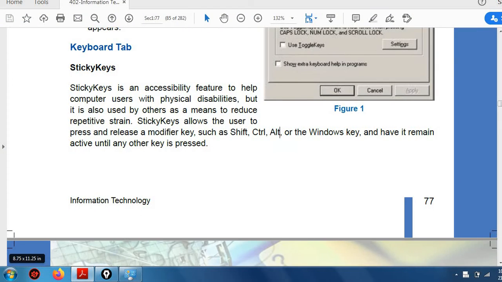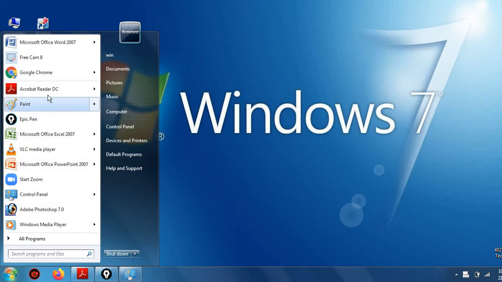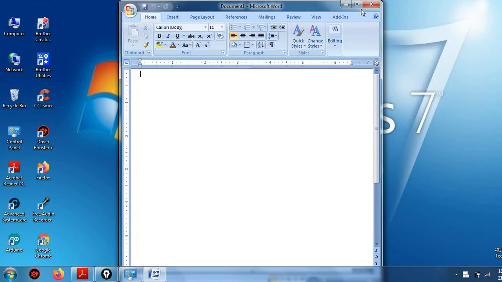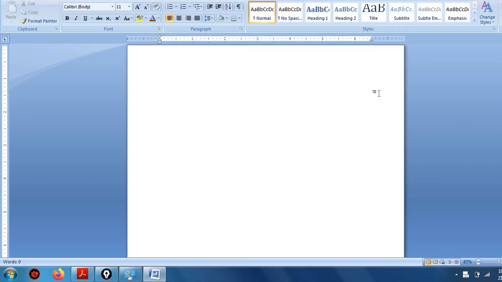Now I am going to show you. I am going to open MS Word, right? Okay. Now generally what we do, there is some text written here, right? Now if I want to select all this text, I have to press Control plus A, right?